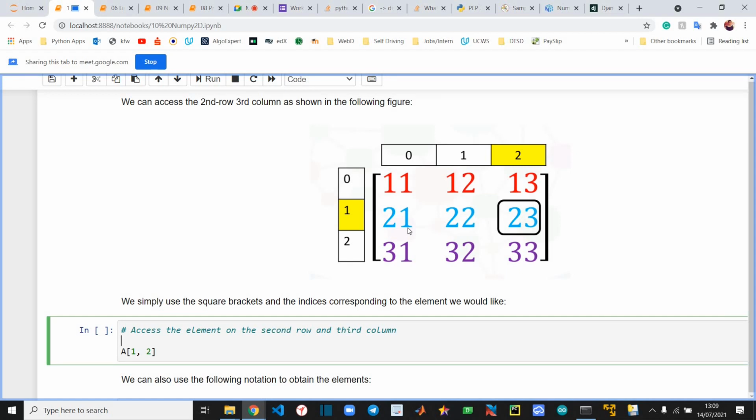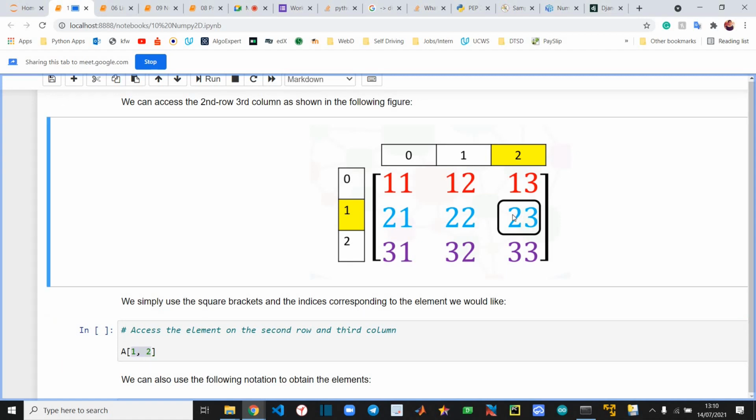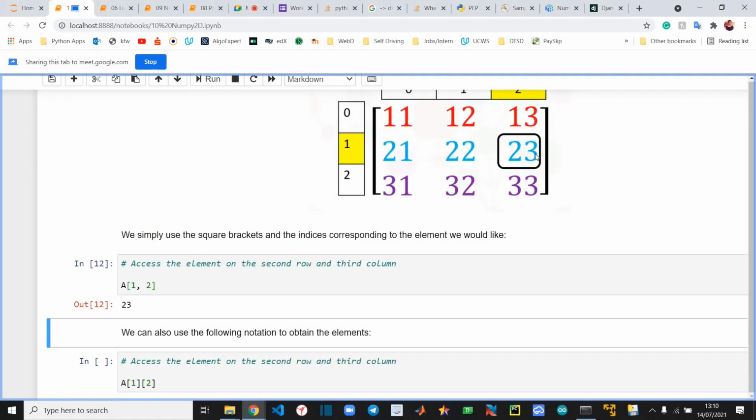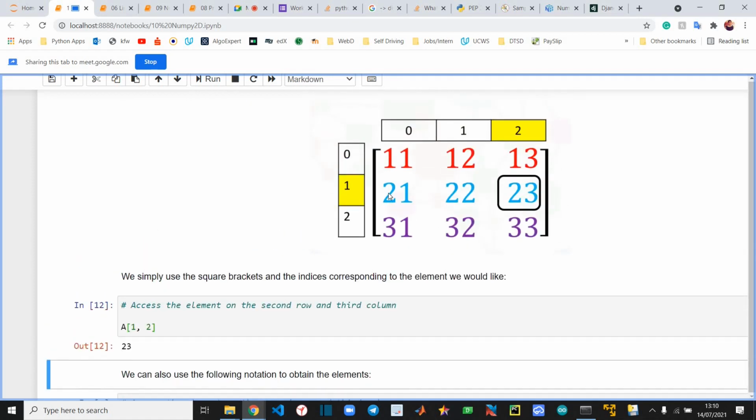Now if we want to access this particular element, it is row number 2 which has index 1, and column number 3 which has index 2. So this is how you will access this particular element 23. This is zero indexing in 2 dimensions, because we are working with 2-dimensional arrays.